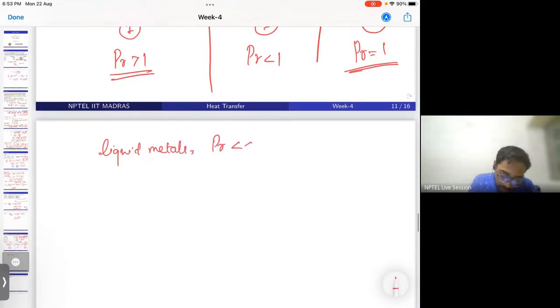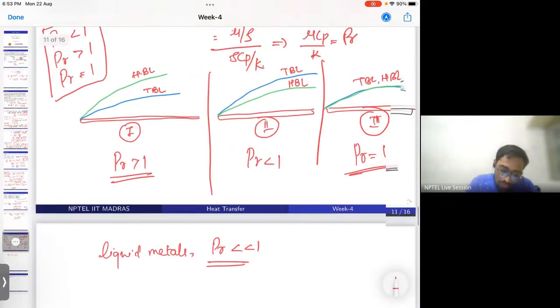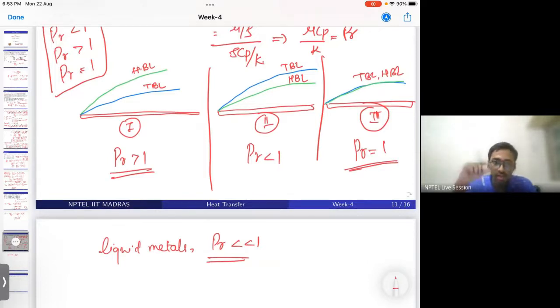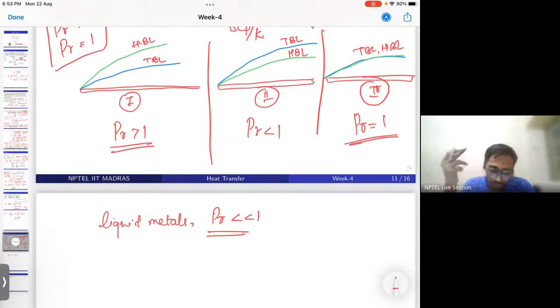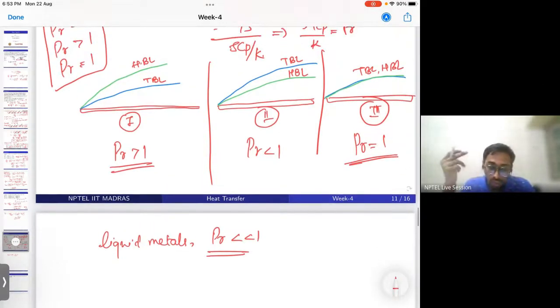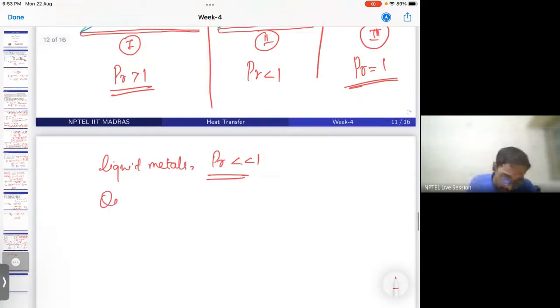So the velocity boundary layer will be very thin compared to the thermal boundary layer in the case of liquid metals. Another case is oil or lubricants, where the Prandtl number is very much greater than 1. Here the thermal boundary layer will be very small, and the velocity boundary layer will be very